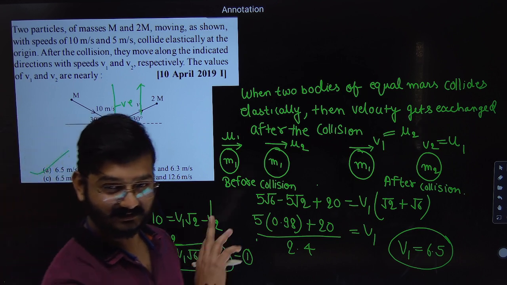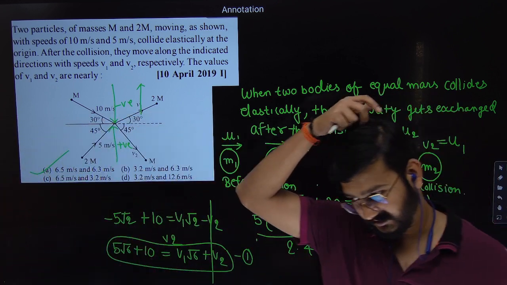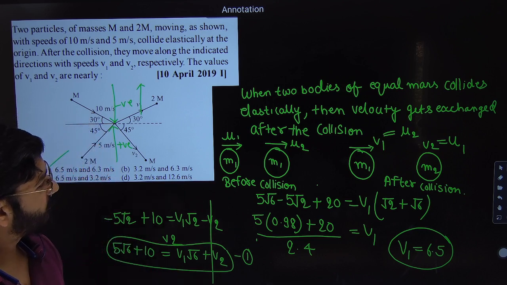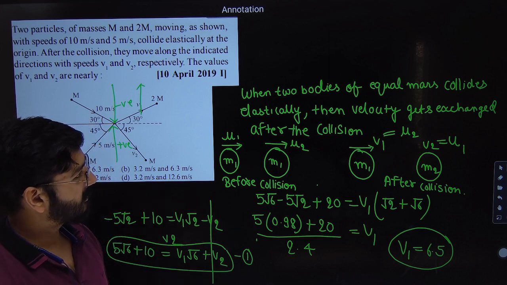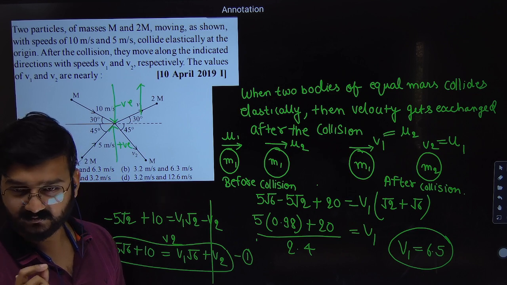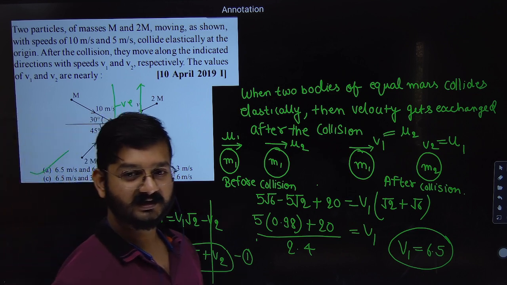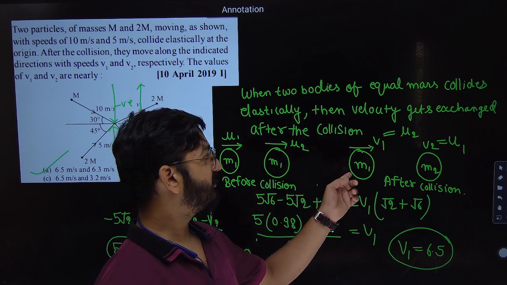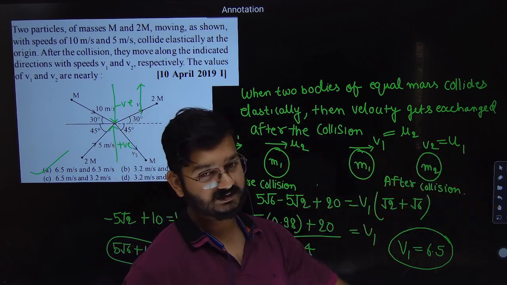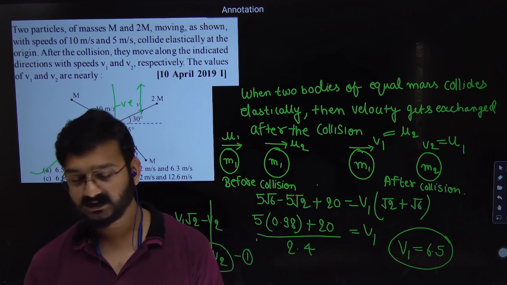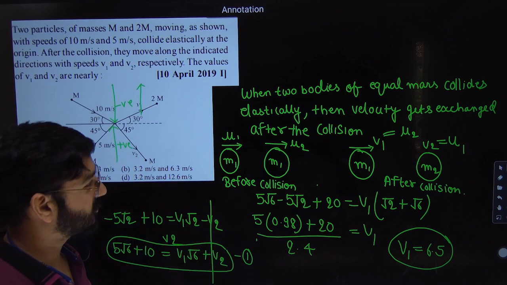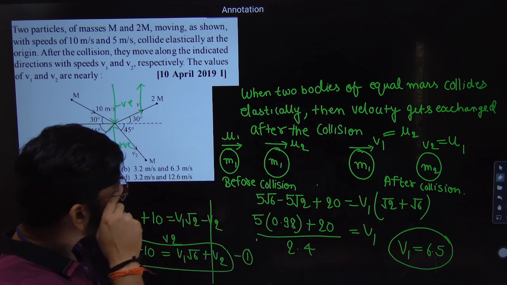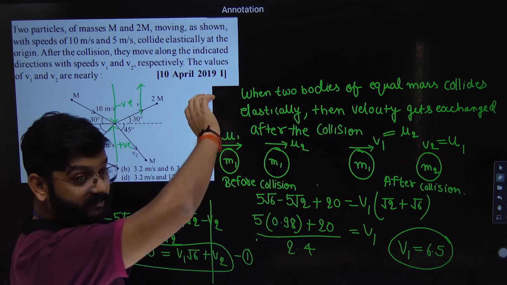Okay, all of you copied this? Done. Check. So remember this. If you want to prove it, because it is elastic collision, conservation of linear momentum will hold true, and initial kinetic energy will equal final kinetic energy. So when you do that calculation, you will see that v1 will come as u2 and v2 will come as u1. You can check that after the class. But if you remember, you will save one minute. We move ahead.